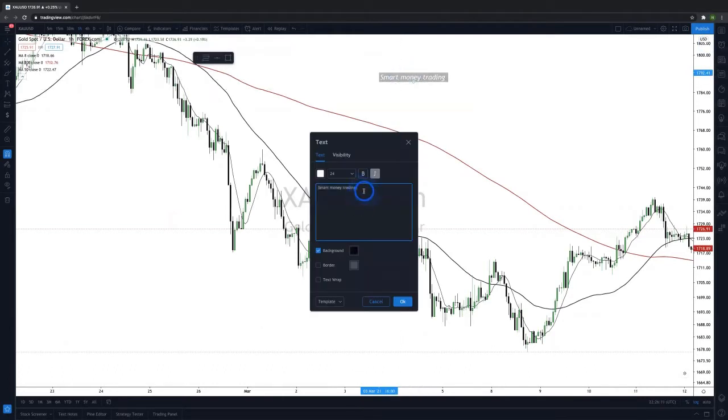Everyone says smart money trading, but there are multiple ways about smart money trading and how you can profit and make your money. My idea of smart money trading is imbalance and mitigation. Mitigation and imbalance is one way to be profitable in this market. Imbalance is pretty much based around, let's see,